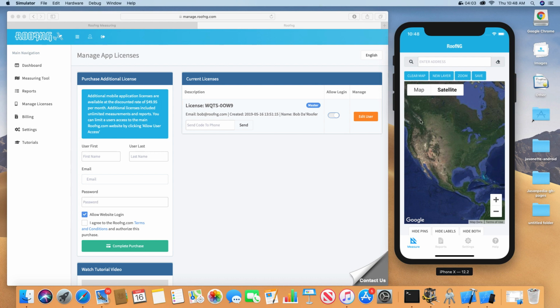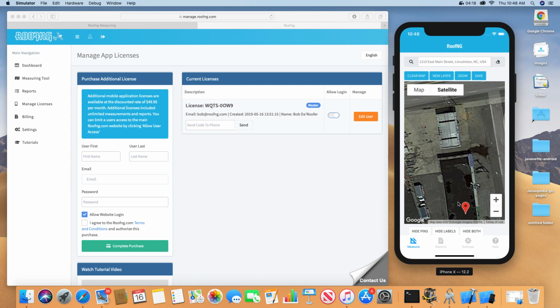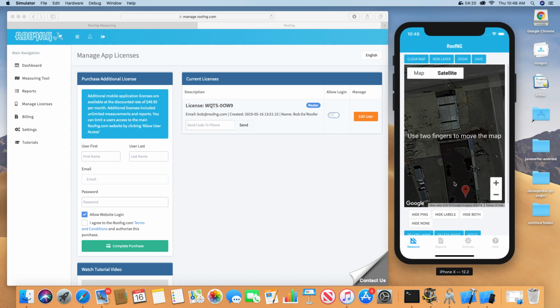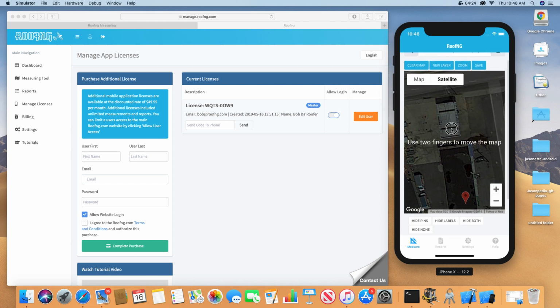Okay, now if you haven't watched any of our tutorials on how to actually measure a property, that's fine. I'm actually going to go through that right now. So let's go ahead and enter in, let's see, 1 East Main Street. If you haven't noticed, I'm in North Carolina. Now this requires you to have a touchscreen, which I don't have,